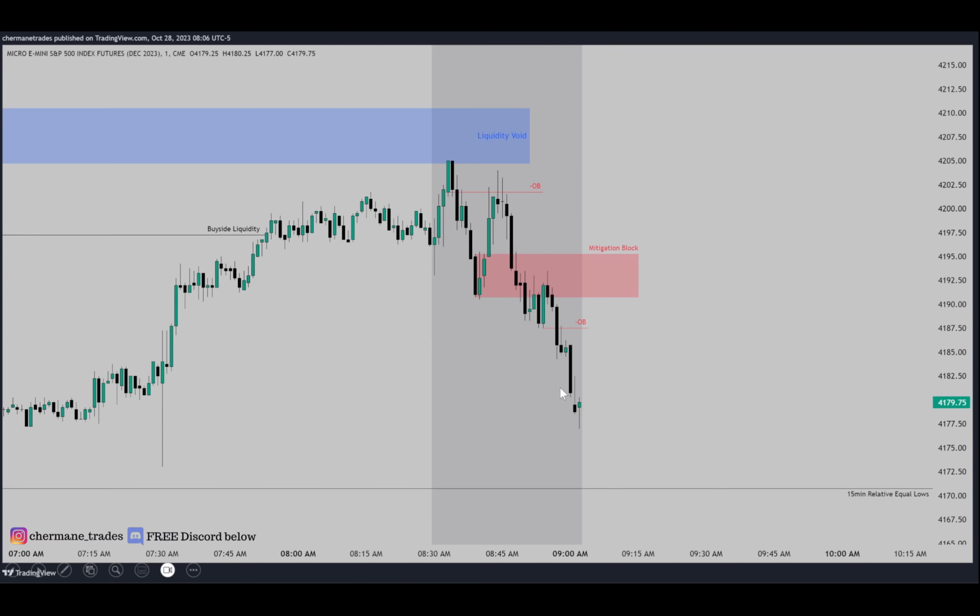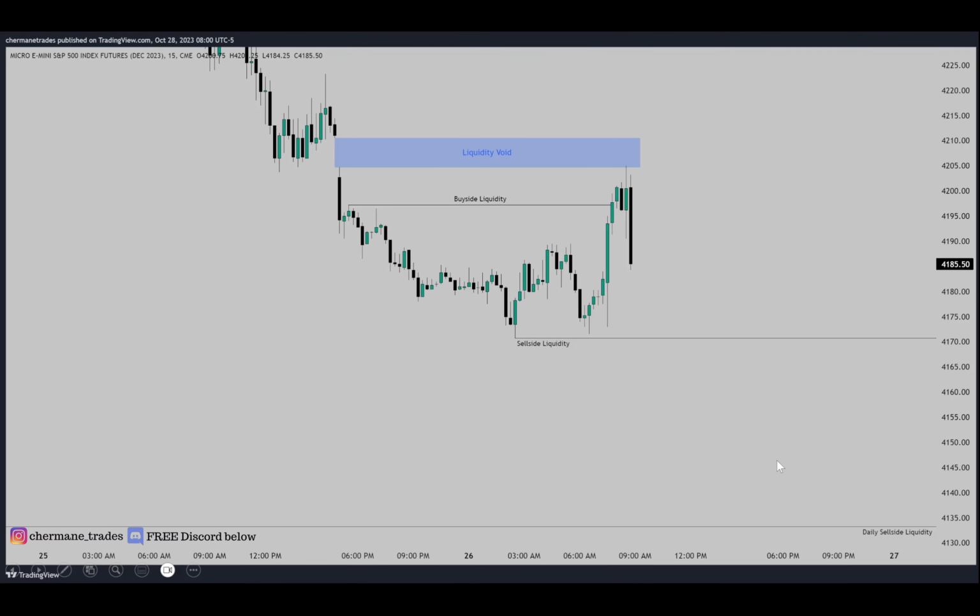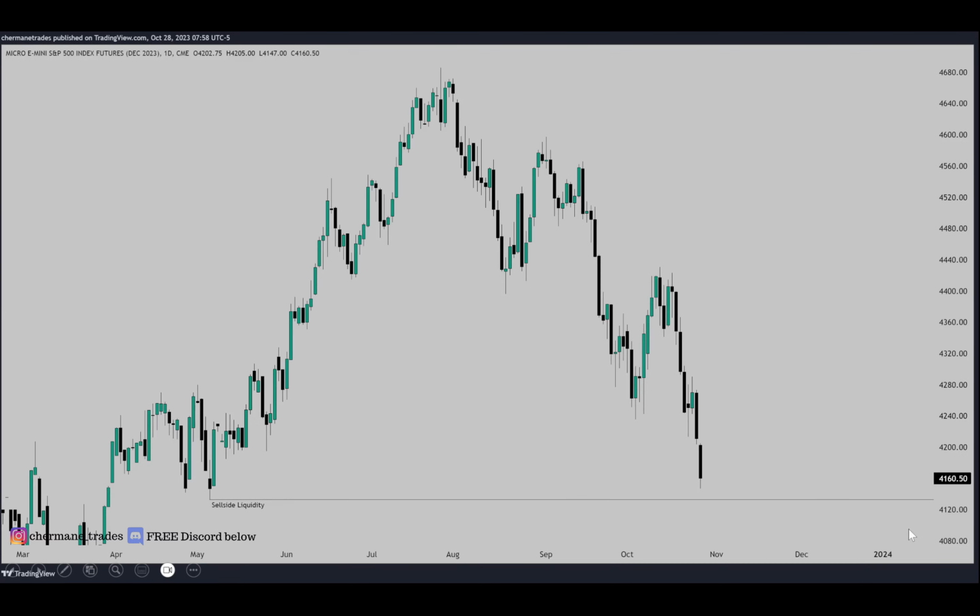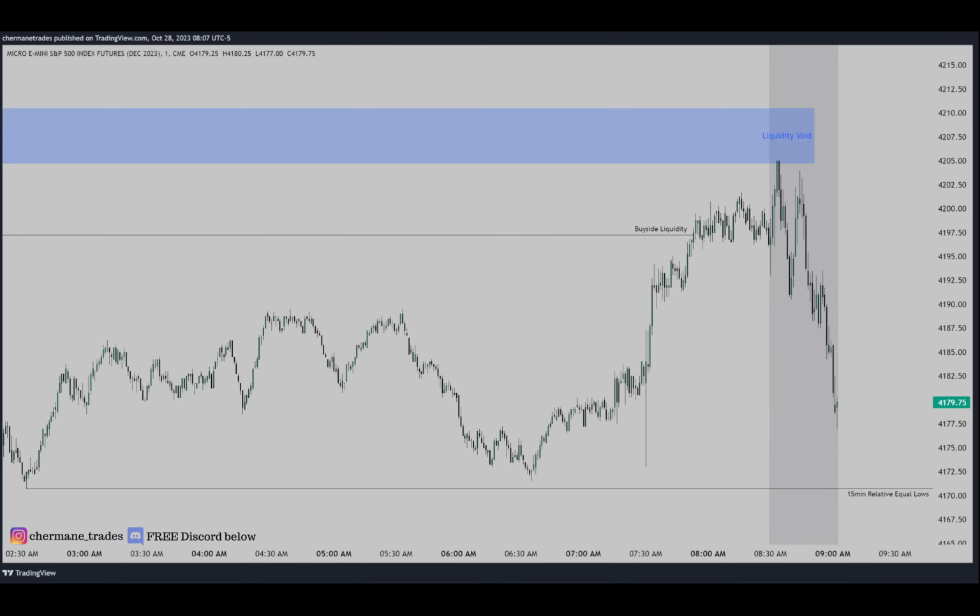So at this point here, everybody is expecting lower prices. At least I'm expecting lower prices. Okay, we've been dropping all week. We're dropping again, and we have relative equal lows that are obvious, and then not to mention we have that daily sell side level right here on the daily chart. So it's pretty clear to everyone that we want to go lower. Okay,